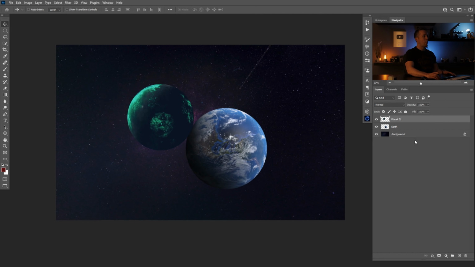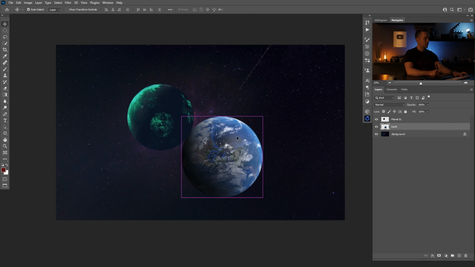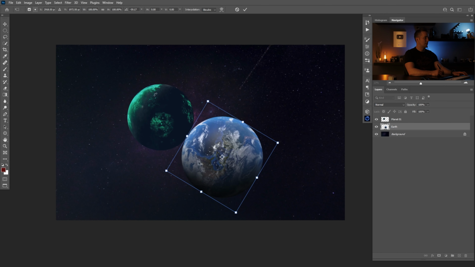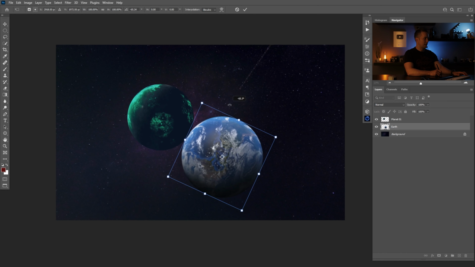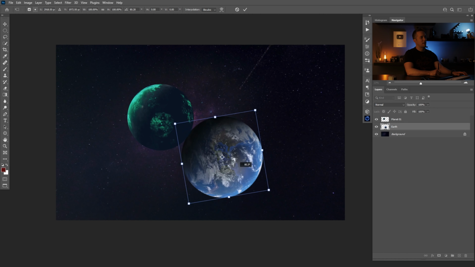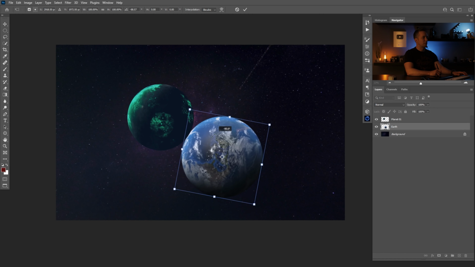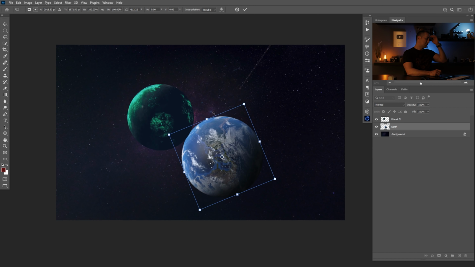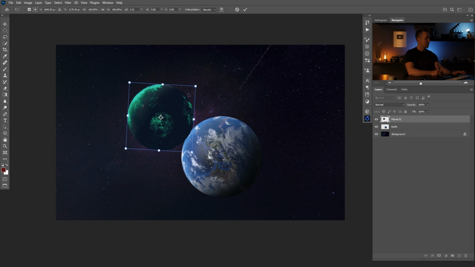Okay, now let's see how we will rearrange the planets according to the background. So I will press Control or Command T and rotate the Earth so I can match the light direction. I don't care about the orientation of the Earth because we are in space, so everything is allowed. So pretty much this is cool. I will press enter and let's see, maybe a little bit here, and also this planet maybe a little bit